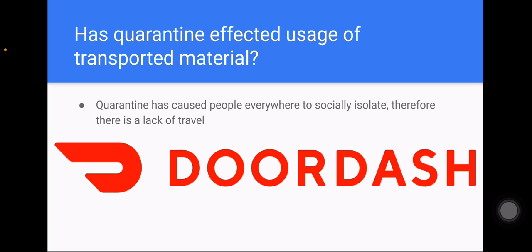I know from personal experience, I rarely drove my car. It just sat out there. People were even contemplating not paying their insurance that month, because there was no point. We weren't traveling, we weren't going anywhere, we couldn't. So this in turn means, because of everyone not driving and not traveling, that imports of oil were decreased, and